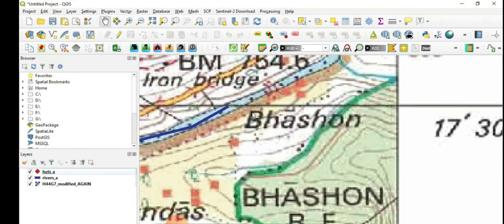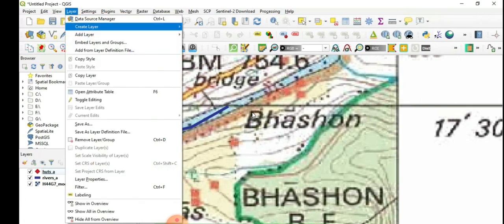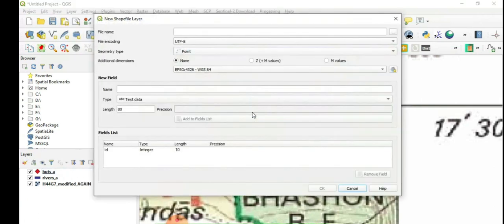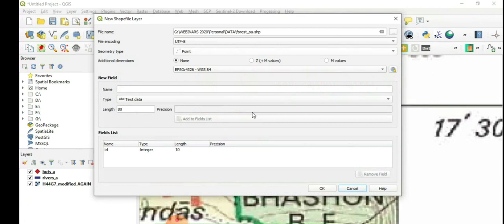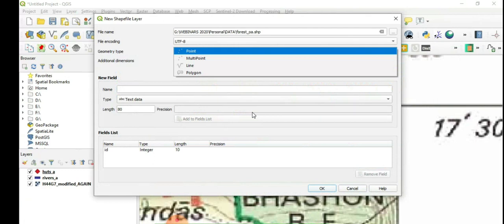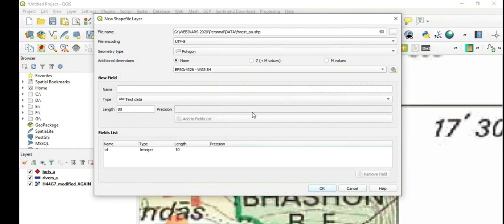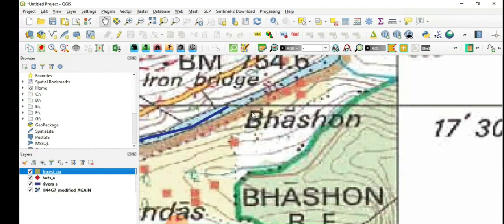We will create a new shapefile, layer, create layer, new shapefile, name it forest once again. Okay, save. Over here I did not change it the first time, so I have to make it polygon. Rest everything will be default. Now then again toggle